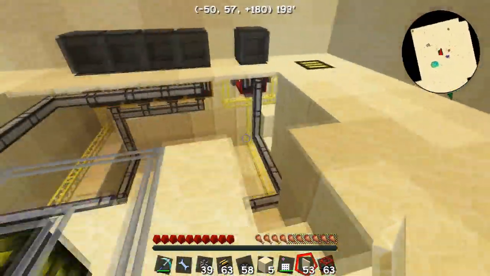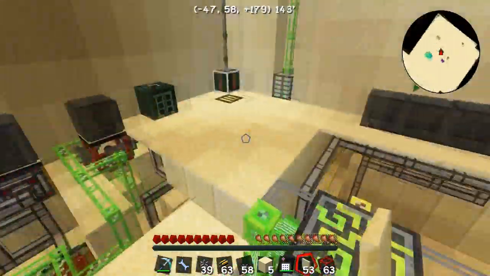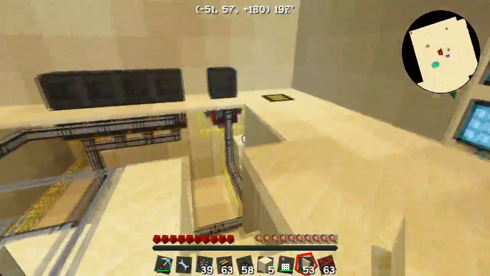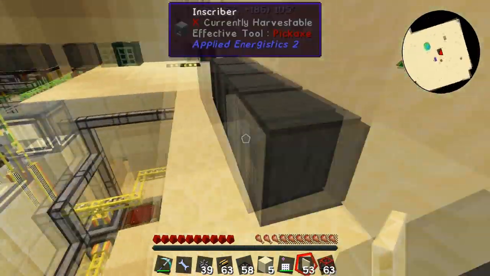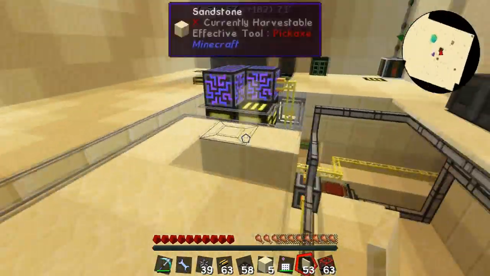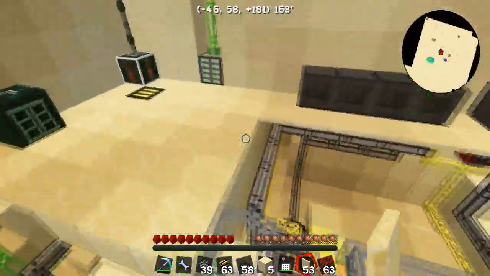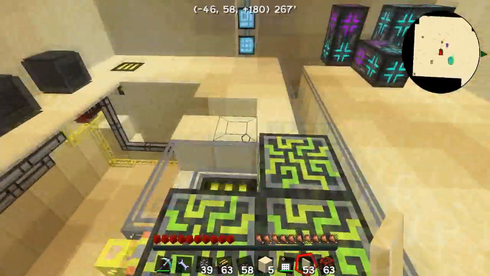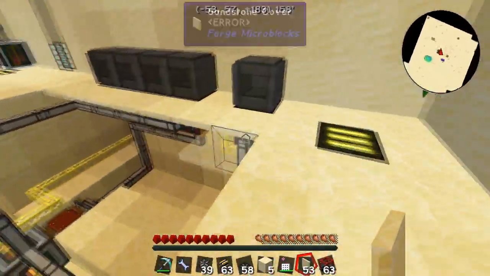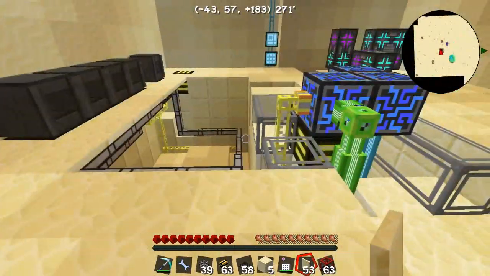So basically what we have done is create an invisible but working automation of the Applied Energistics 2 Inscribers. It depends on what you know, but it's not really that hard to make once you understand the mechanics, right? So, okay. I hope you enjoyed